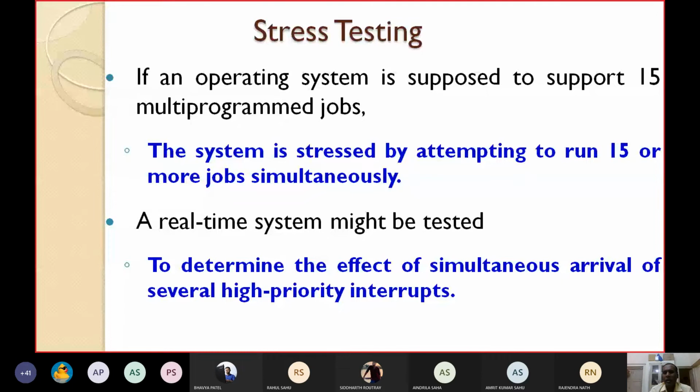If they are coming one by one, first the interrupt with priority 1, then the interrupt having priority 2, then the interrupt having priority 3, no problem, it will work. But if at a time 3 interrupts come of the same level of priority, all of high priority 1, then whether the system is able to respond to those interrupts or it is just collapsing. Just test that one. This is known as stress testing.